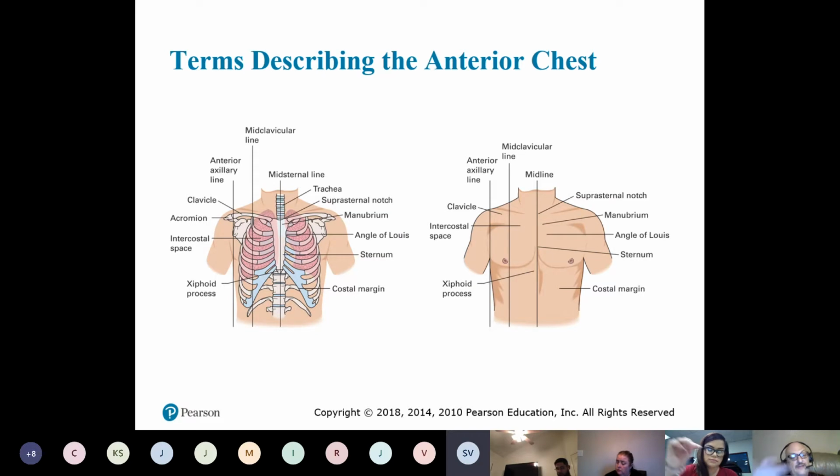On the scapula, you have the acromion process and the glenoid fossa. So there's a lot of different little things you can learn, but we're not going to get that intense. You're not going to have a question on an exam or a quiz that says, what is the bump on your sternum called? Who really cares as an EMT about the angle of Lewis?